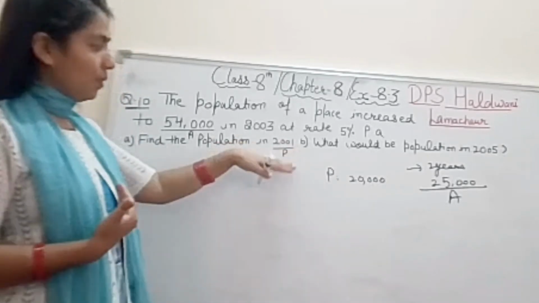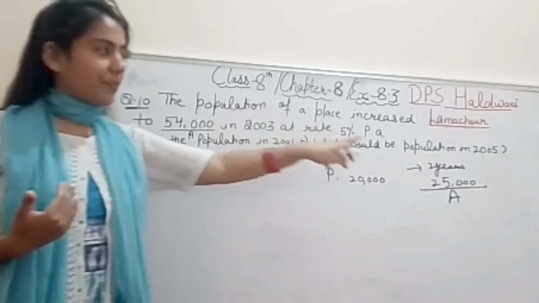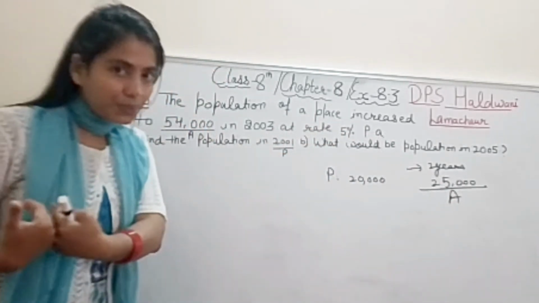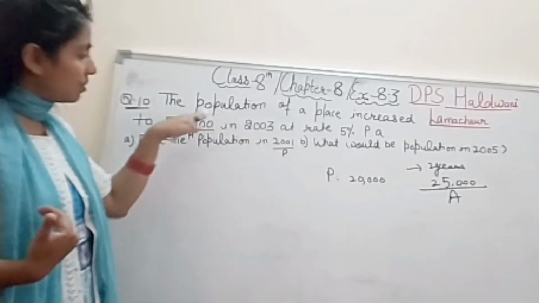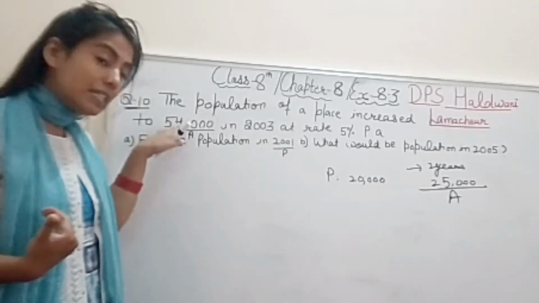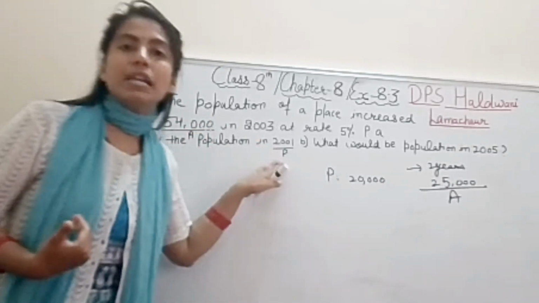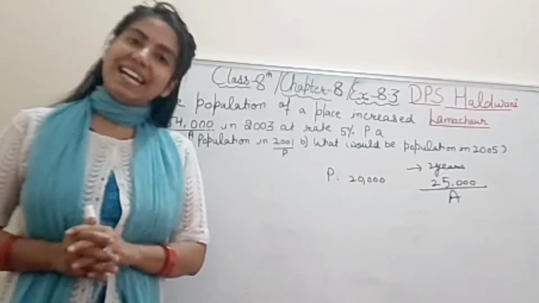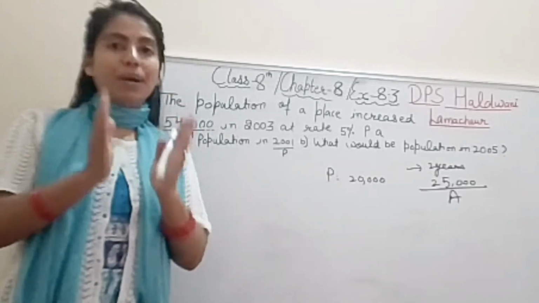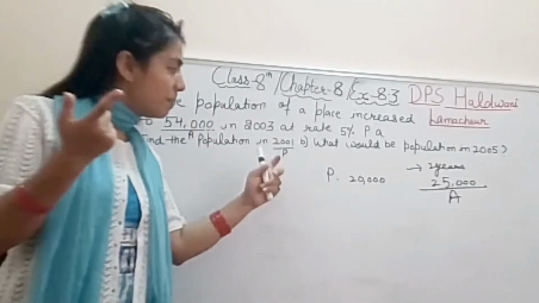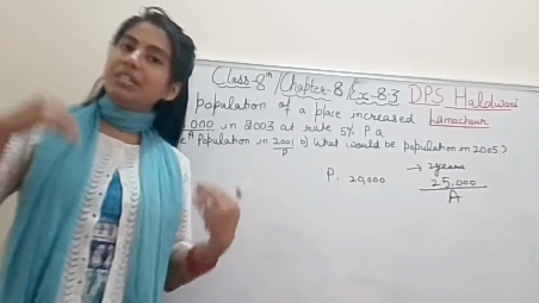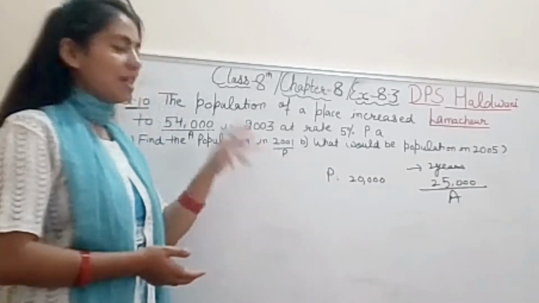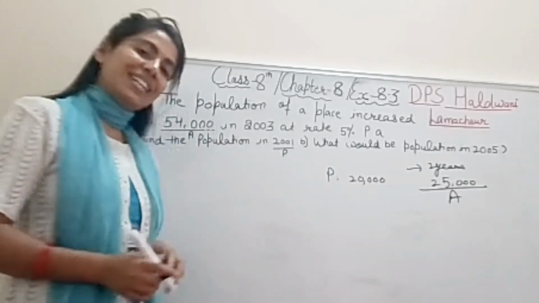So I will take that out. This is the amount with extra, and this will be the principal because it was the previous year, right student? I borrowed some money in 2001 and in 2003 I paid this much. What I paid is given to you, that is the amount, but how much I borrowed, that I don't know. Are you getting it, student? Now the formula is just the same, but here the amount is given to you instead of the principal. So no need to worry, we put the same formula, do it the same manner, and ultimately we will get the principal, or you can say the population in 2001. Right student? So let's start the solution.